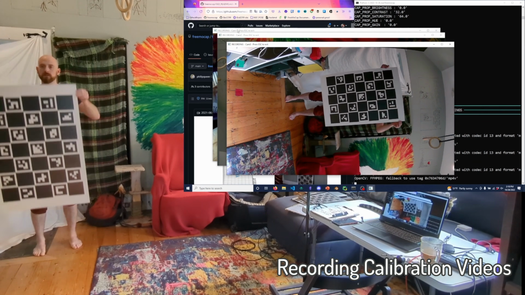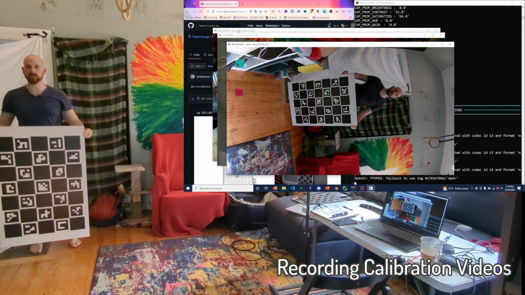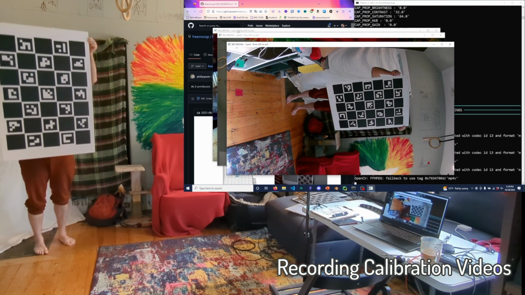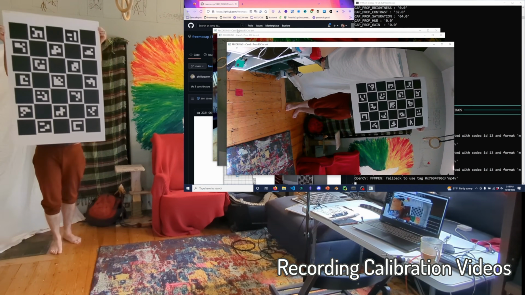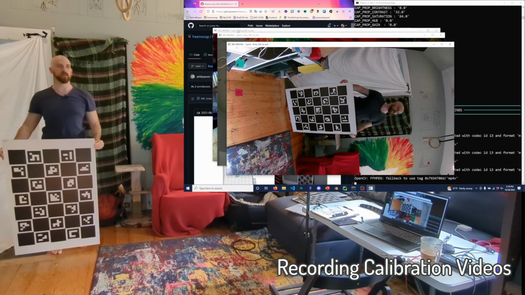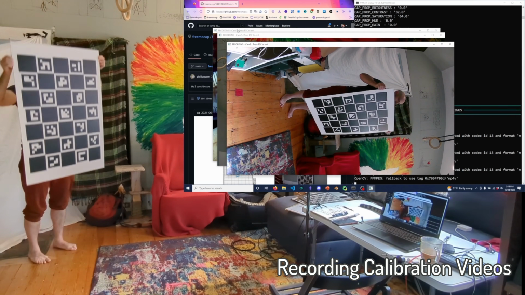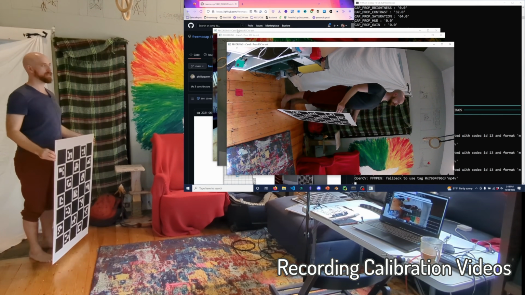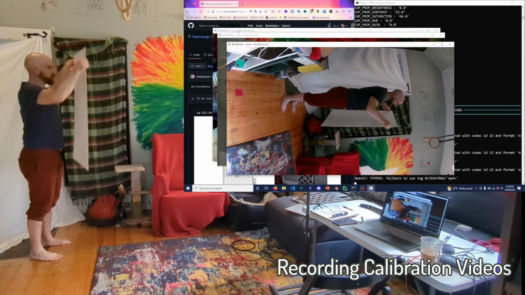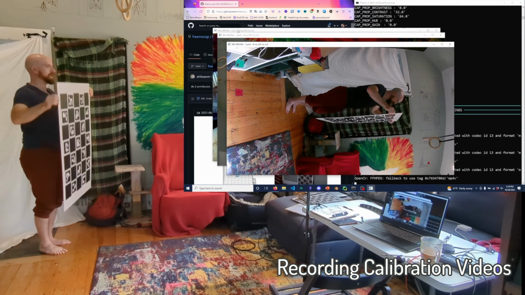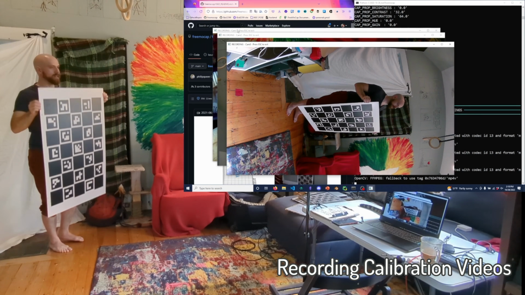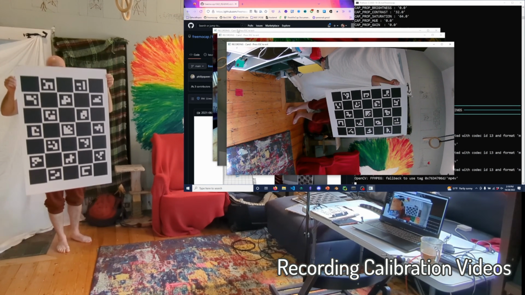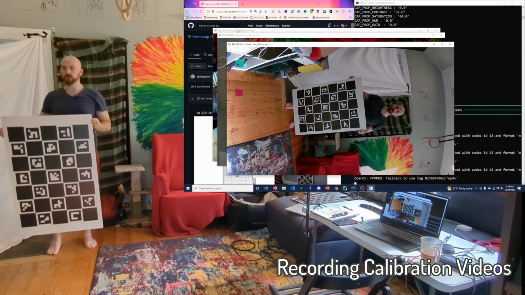What I'm going to do now is think about painting the Charuco board over the field of view of each of the cameras. I go to each one, thinking about what that camera can see, and then paint the Charuco board so that each camera gets a nice good chunk of data where it can see the board nicely.